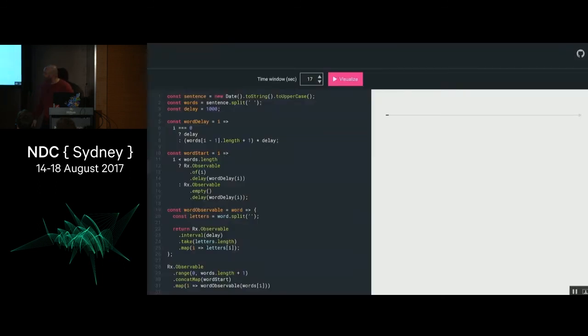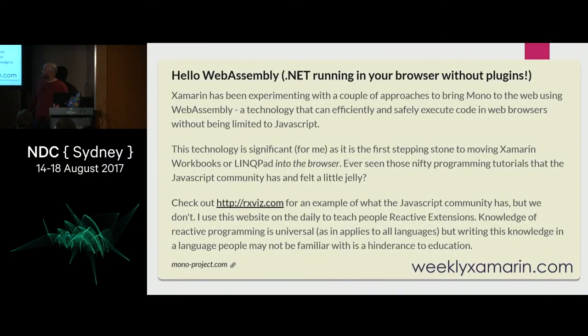The classic way of teaching reactive programming is using marble diagrams, and all the innovative ways of teaching reactive programming are in JavaScript. Now the problem with JavaScript, if you're a .NET developer, is, well, that's cool. You're telling me what that is, but I can't really see the implementation. I can't really understand that. And if this continues to advance in this direction,